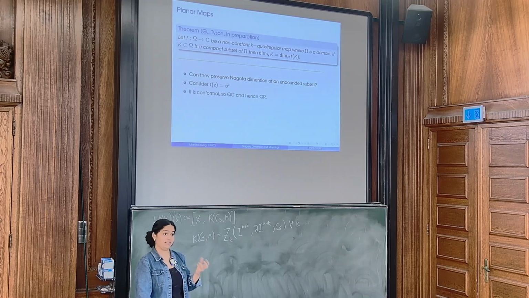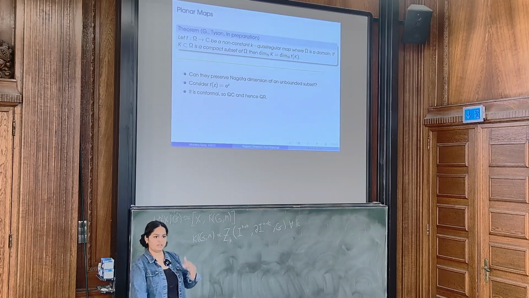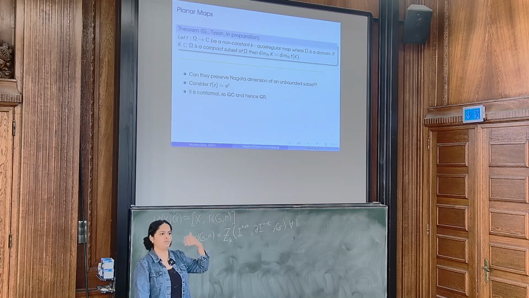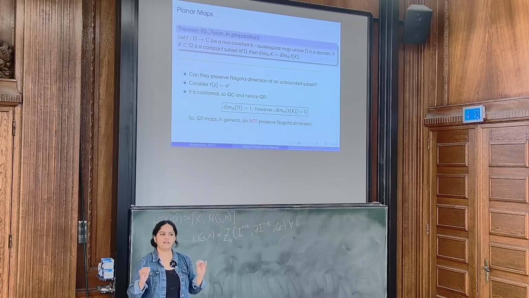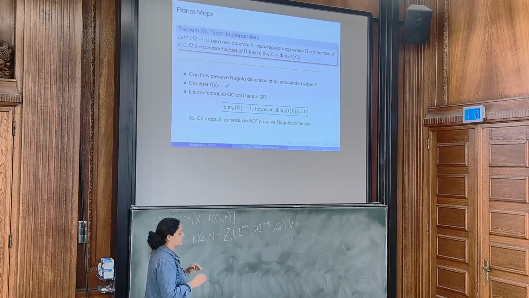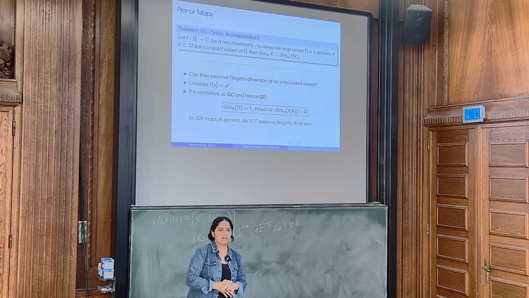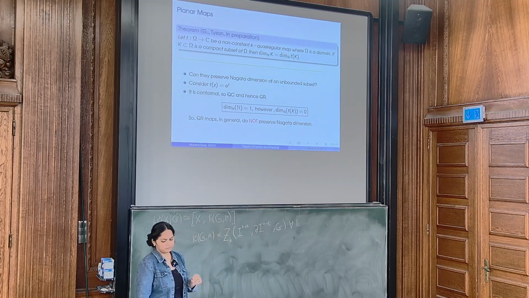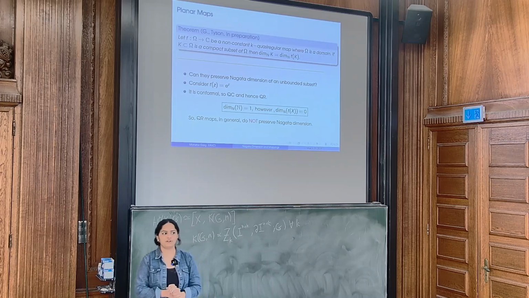Well, the answer is yes, because consider e to the z. It's a conformal map, so it's quasi-conformal, so it's quasi-regular. This distorts the dimension of the natural numbers, a subset of C. So really, in full generality, quasi-regular or quasi-conformal maps cannot preserve Nagata dimension. However, there are certain quasi-regular maps, that we will see, which preserve Nagata dimension for any subset of C